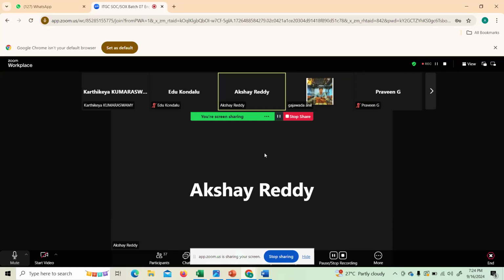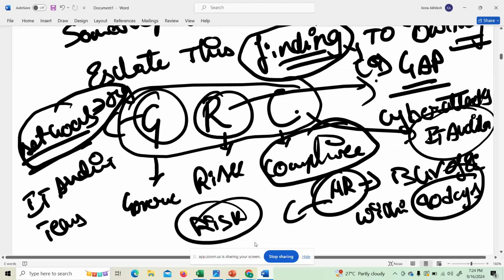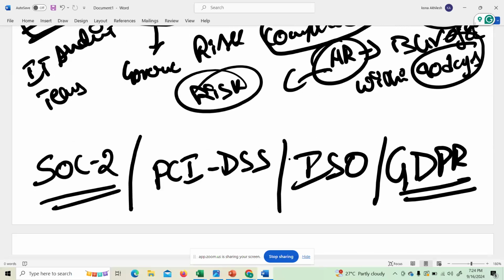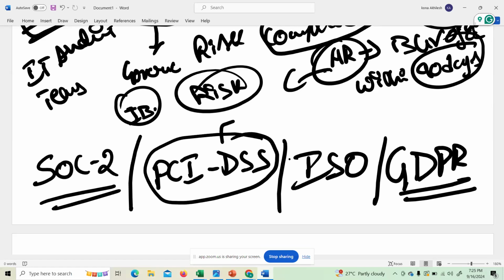As you mentioned, will the audit type be different, or the same for different industries? See, I didn't say the audit word in compliance. Compliance means if you are working in the credit card industry, debit card, or investment banking, that industry will follow PCI DSS compliance. It's a standard. Like ITGC, it's also a standard. It's not an audit. I'm not saying audits are different. These are different compliance things.